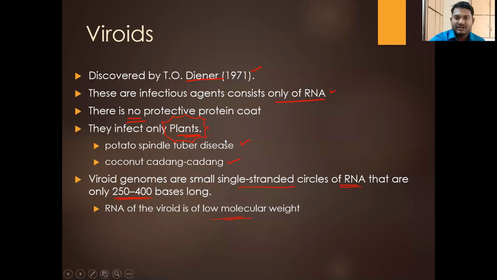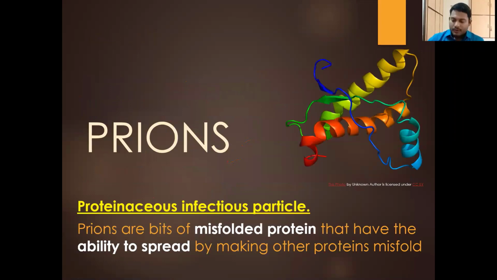Okay, so that's all regarding the viroids. Now, prions. There are two ways of pronouncing it, as UK and US English are different. Some of them say it one way, some of them say it the other. The way you want to pronounce it, well and good, no problem at all. So I would call it the prions.